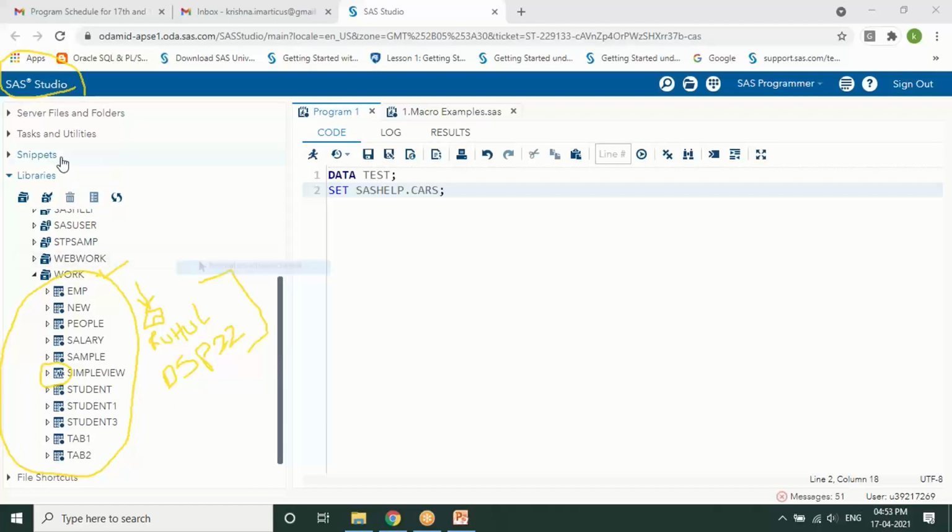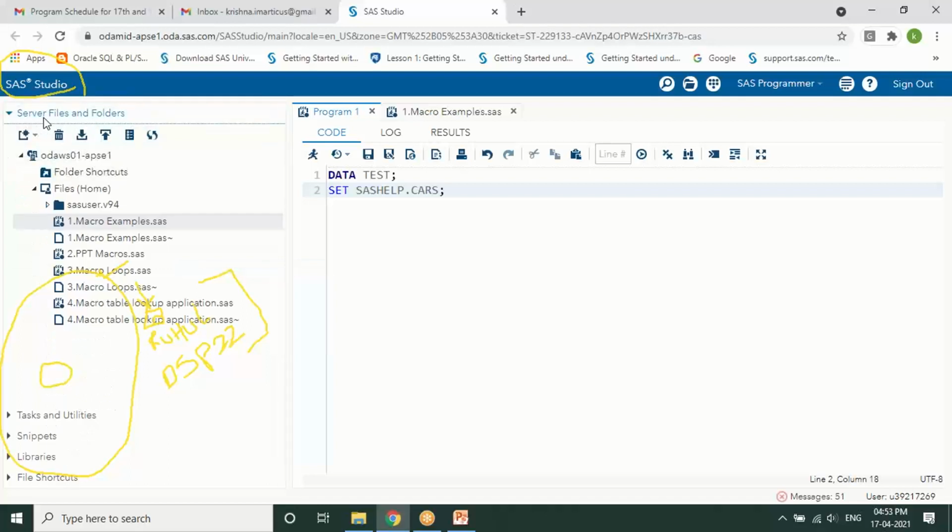Right. Now, can we export this? See, we have created one macro. Here, I want to give it to you. How can I give it to you? Do you remember there is a procedure that we learned called proc copy? Yes. Over there. So with proc copy, we shared our data sets. We copied a data set from one library to the other library. The same way, you can also copy the catalog file, that is, the macro catalog files, from one user to another user, one library to another library, all that you can do. So it is simply like a folder where you can just copy it.